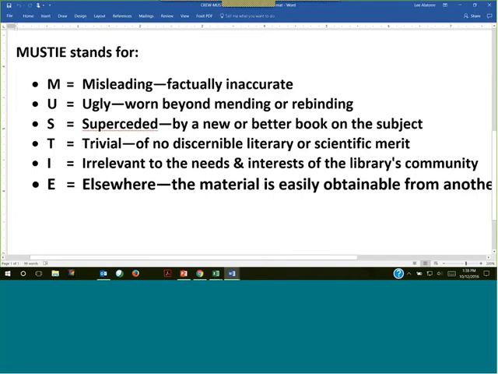T stands for trivial, meaning of no discernible literary or scientific merit. I have a caveat to that. We're in school libraries. If our libraries were very sophisticated, that might come into play. But we all know that in a school library, there are going to be some trivial things. My middle schoolers would have hated to not have joke books available. Elementary students the same. I would guess that high school students would also like to have some lighthearted materials, some